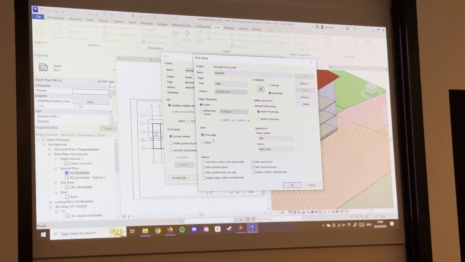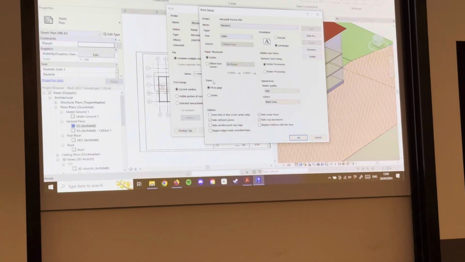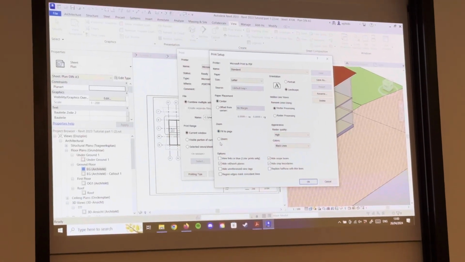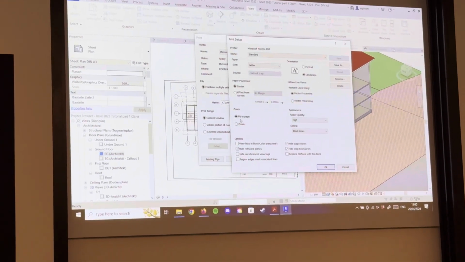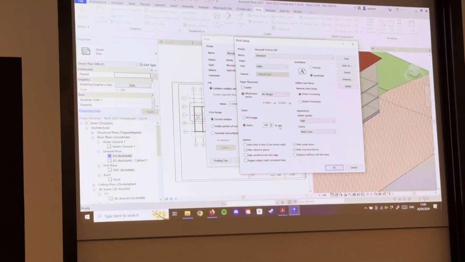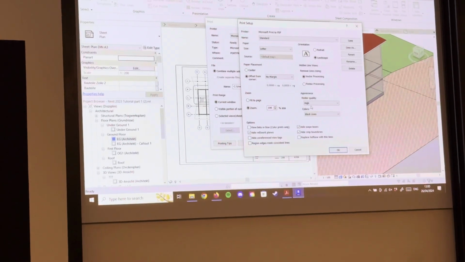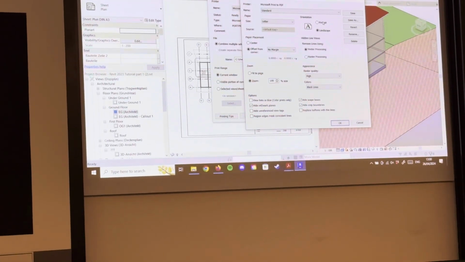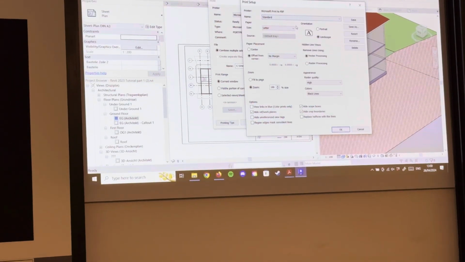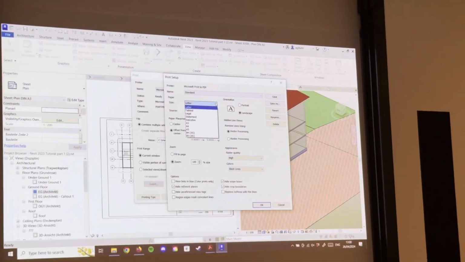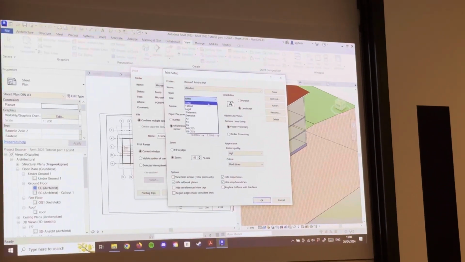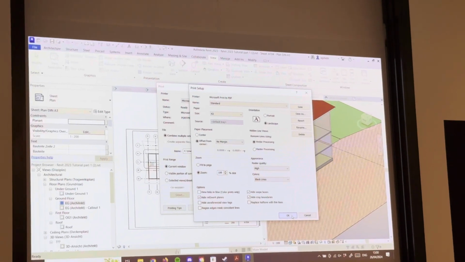Then you can fit to page or you zoom. Fit to page, I'm not sure what it actually does because it won't print properly, so it's suggested that you zoom 100% to the whole page. And then you can specify the quality, whether it's portrait or landscape, like in most of the printers, and the size, which we didn't specify yet. Anyway, once you are done with the settings,